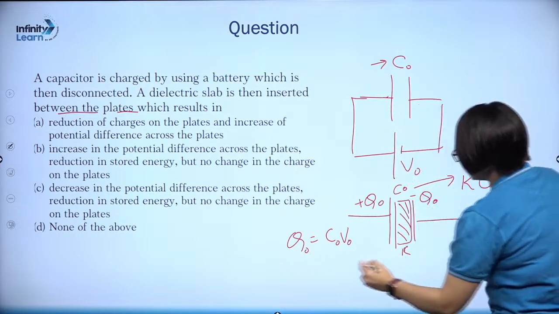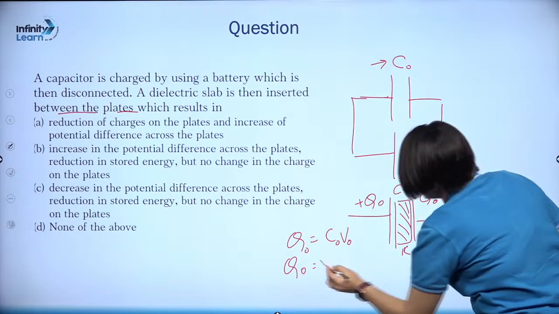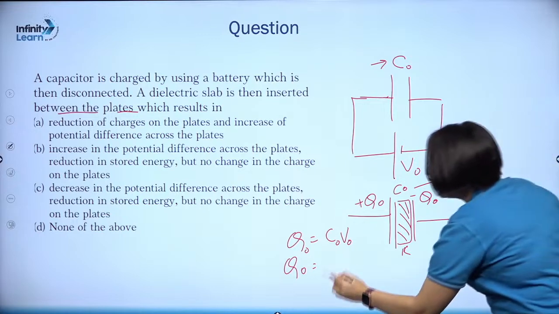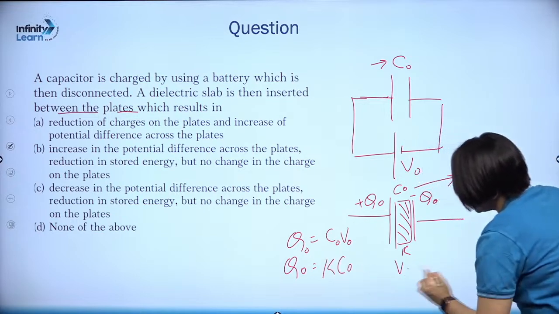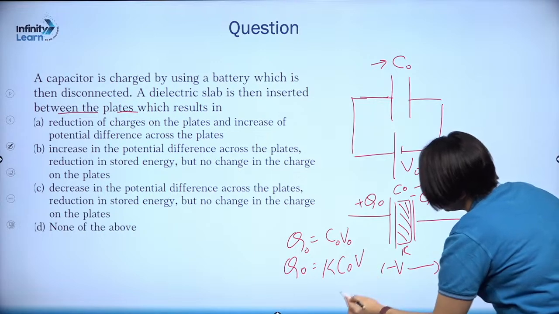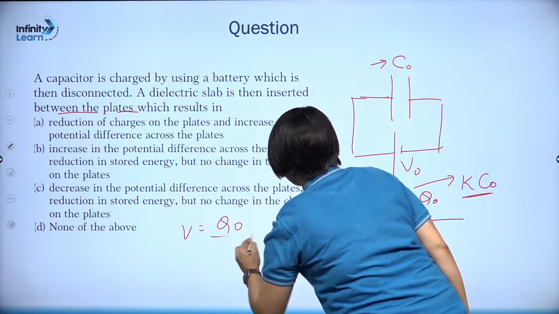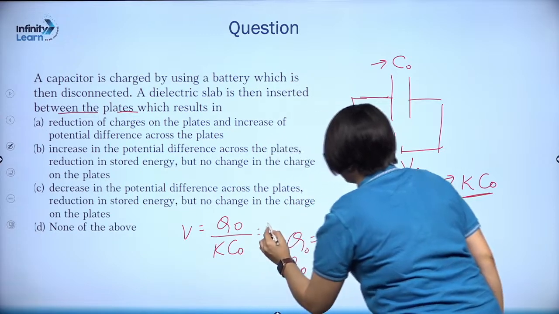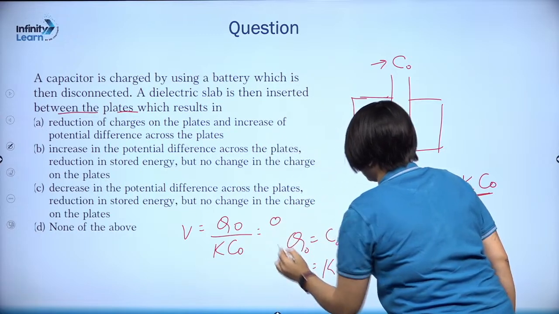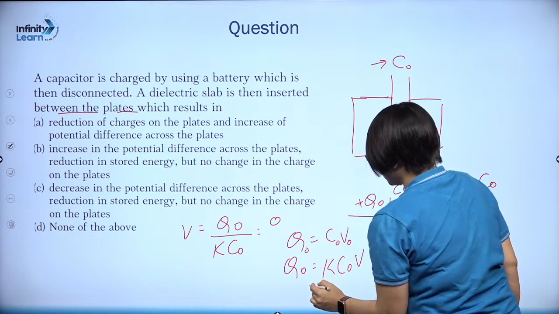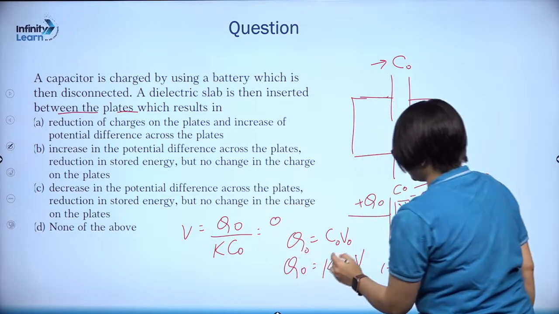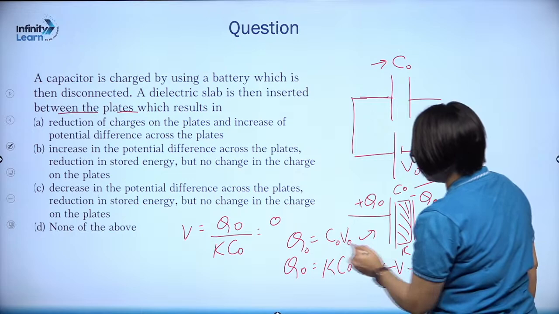Now in the final situation, again charge is the same, but now capacitance is K C naught, and let's say the new potential difference is V. So you can write V as Q naught upon K C naught,